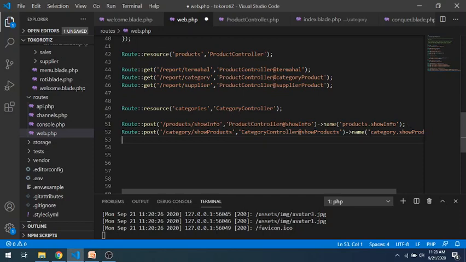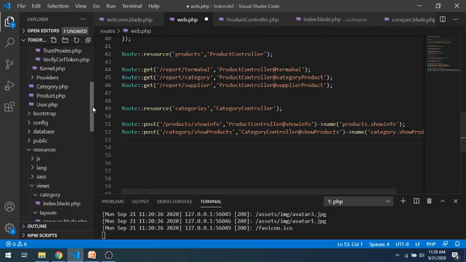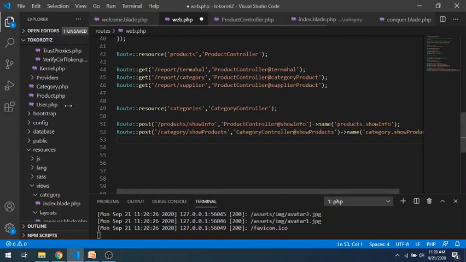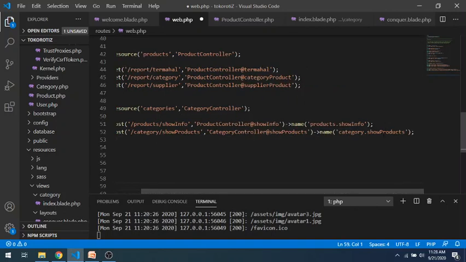The name is category show product. Okay, category show product. We put the function in the category controller with the name show products. The function name is show product.